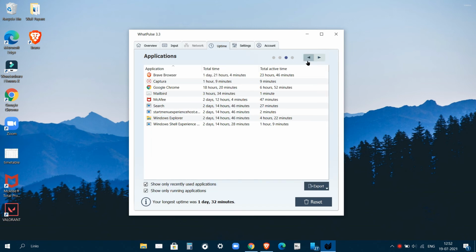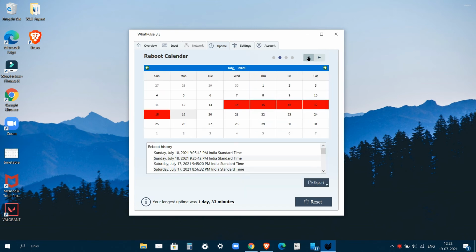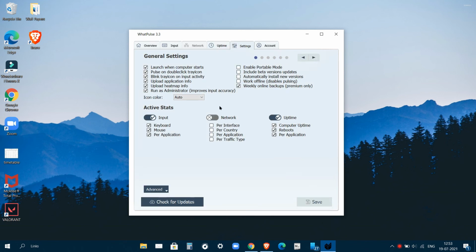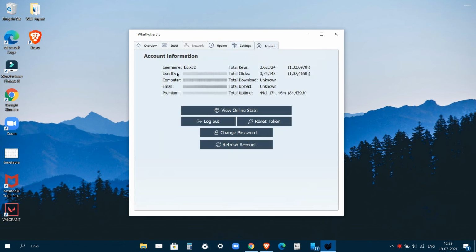And this is for premium users again. Why am I not premium? Lol. And this is for the settings you can launch. You can just take a screenshot of this and keep the settings as per this. This is not much useful. I'll majorly not turn on this network because I don't like it. Account, my username is epix3d and then laptop 2kkk, etc.